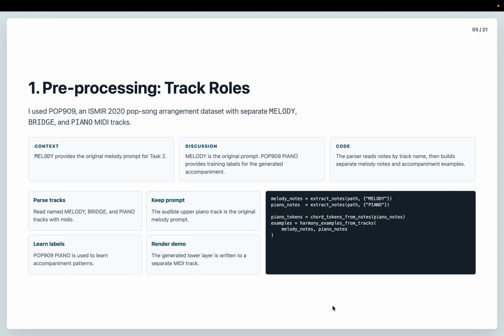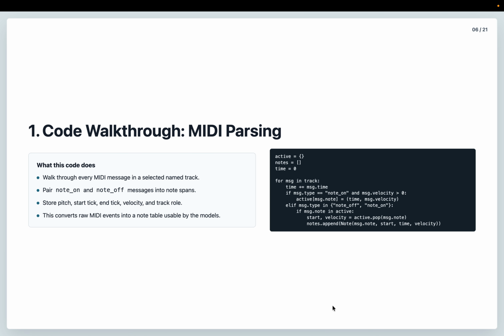The generated part is the lower accompaniment layer, which is written to a separate MIDI track and may be played by a string instrument in GarageBand. In machine learning terms, melody is the conditioned input, meaning it is given to the model as context, while the accompaniment layer is the target output that the model is trained to predict.